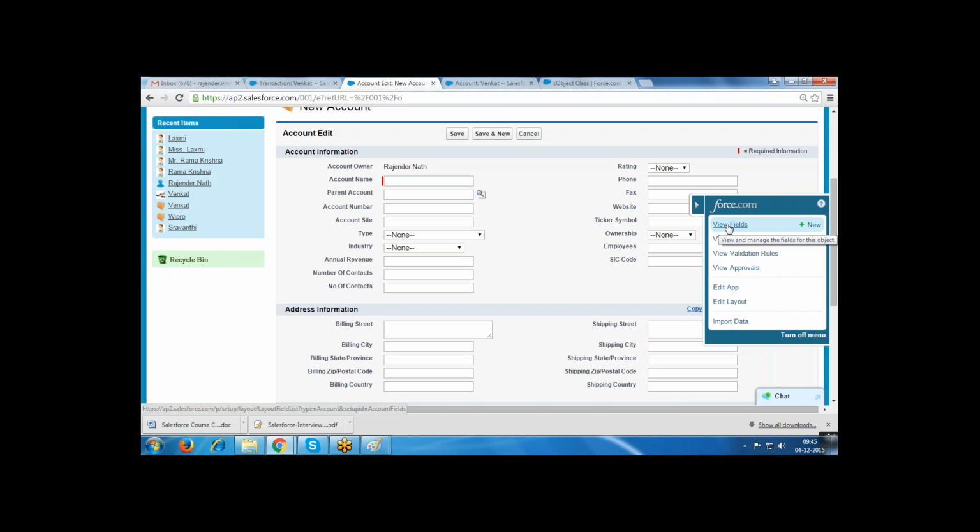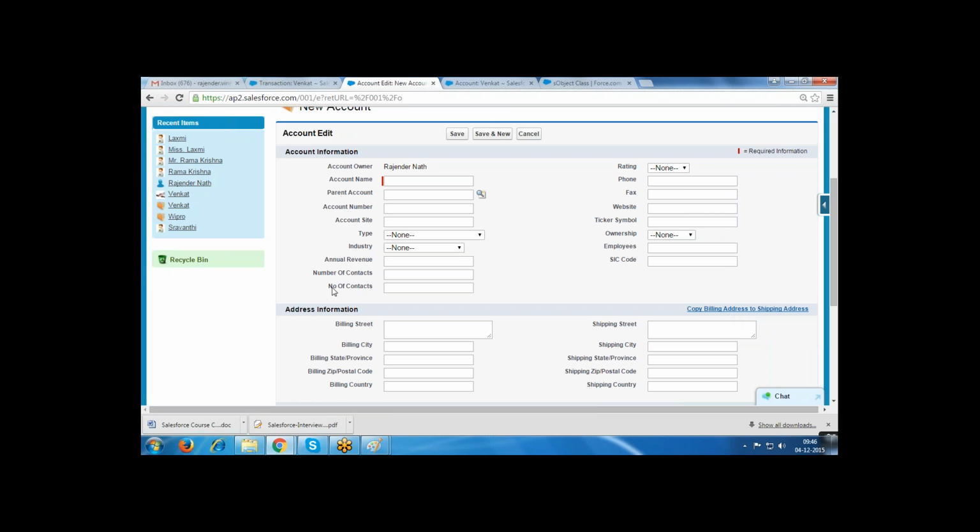Go to view fields, new. Then select the field type and create a normal field. It is the same as in standard objects or custom objects, the same way we create it. I created one custom field, number of contacts. This field type is nothing but a number type of field.